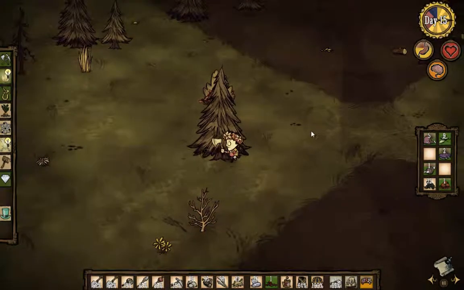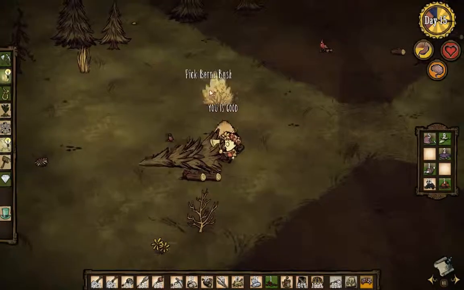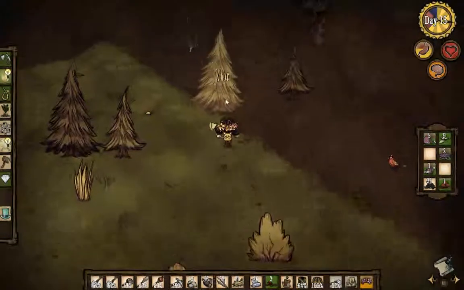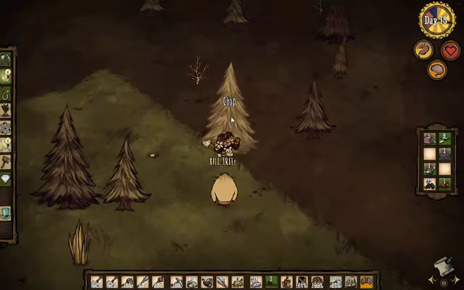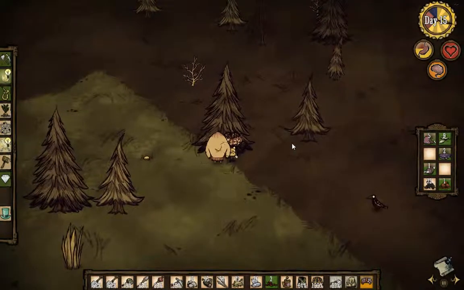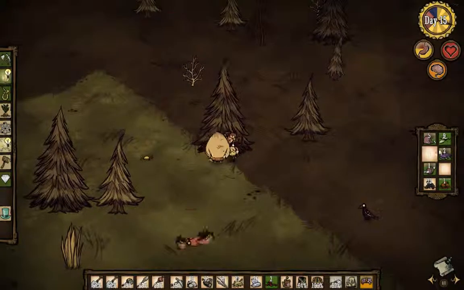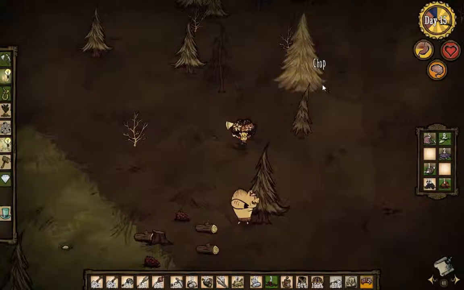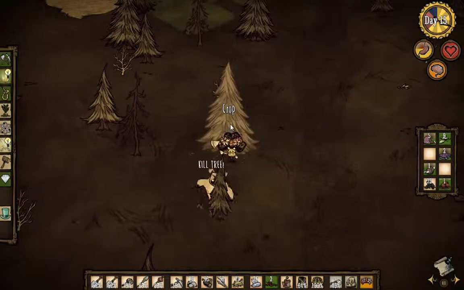And in the next episode, we are going to make the priority going and getting our spider harvester up and running, because we now need silk. We need to have a steady supply of spider silk for bug nets, for butterflies, and as you can see, I cooked and ate the koalefant trunk. We didn't have any,